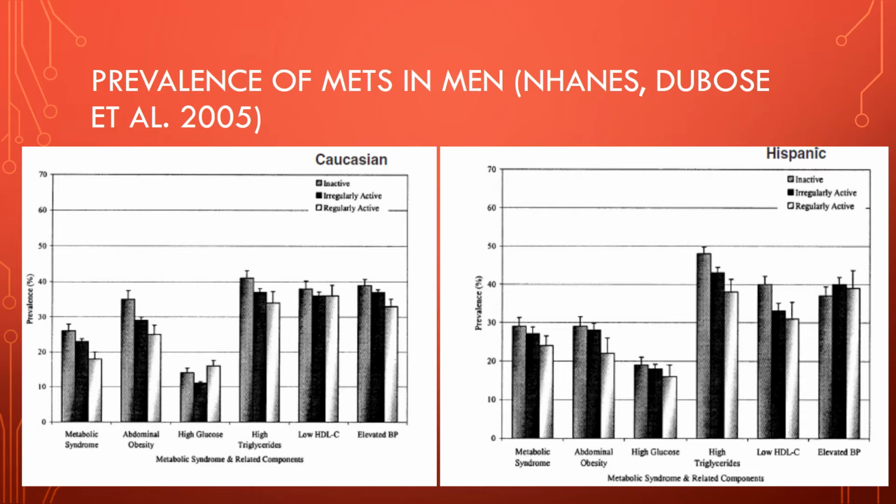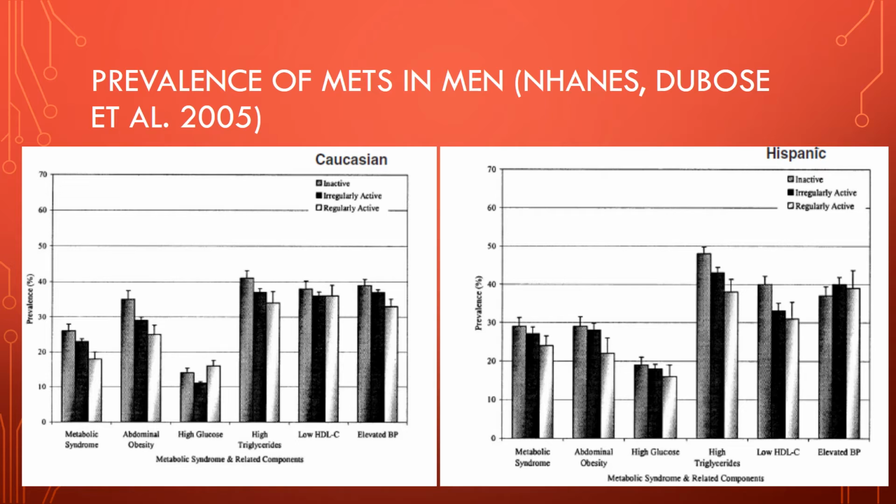So they defined inactive as reporting no physical activity. Irregularly active as less than the physical activity recommendations, but at least something. And then regularly active are people who met the physical activity recommendations. So for the metabolic syndrome,